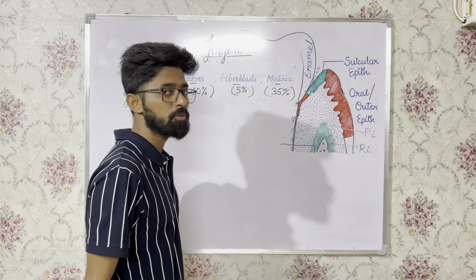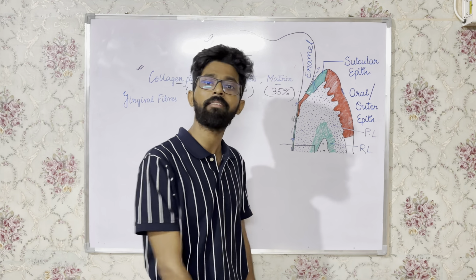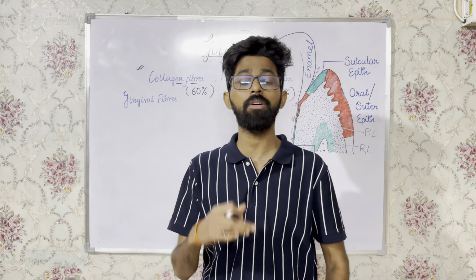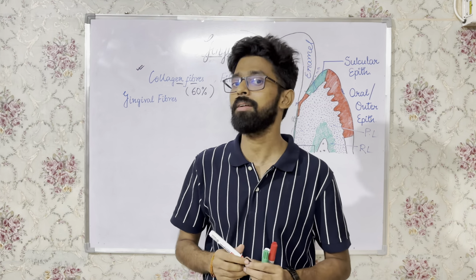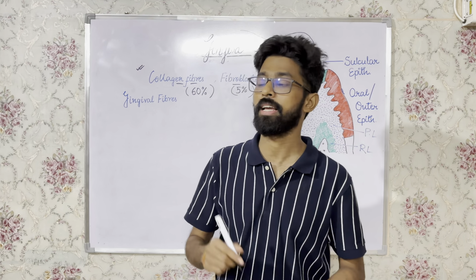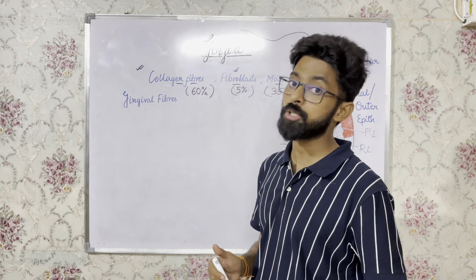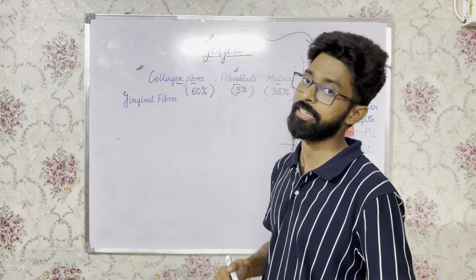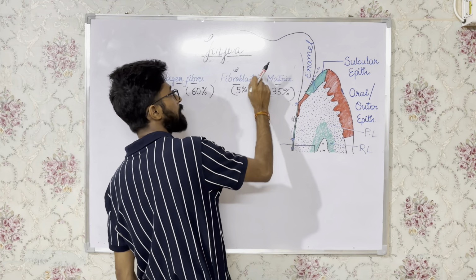Now if the question comes, which is the most preponderant or predominant cellular element in gingival connective tissue, meaning in Hindi, gingival connective tissue का सबसे ज्यादा पाया जाने वाला cellular element कौन सा है, then you will answer this as fibroblast. Similarly, remember that in gingival epithelium the most prominent cells were keratinocytes. So keratinocytes are the most prominent and predominant cells in epithelium. In epithelium, keratinocytes. In connective tissue, fibroblast.